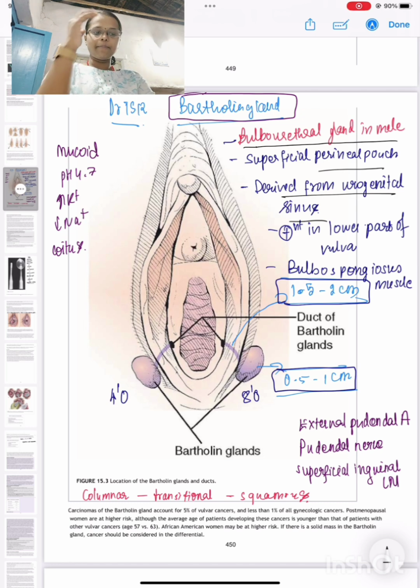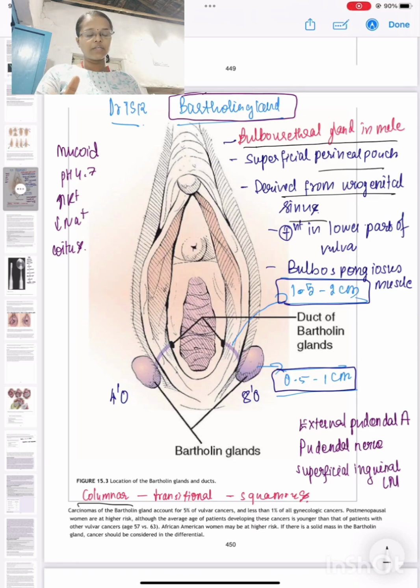Okay, so what is the epithelium lining a Bartholin gland? As I already told, the gland is lined by columnar epithelium. Then the duct is lined by transitional epithelium. When the duct opens towards the introitus, that is here, then the epithelium changes to squamous. That is, from columnar the epithelium transitions to squamous epithelium. So this is in brief about the anatomy and the physiology of Bartholin gland